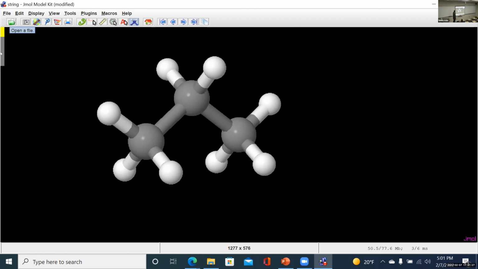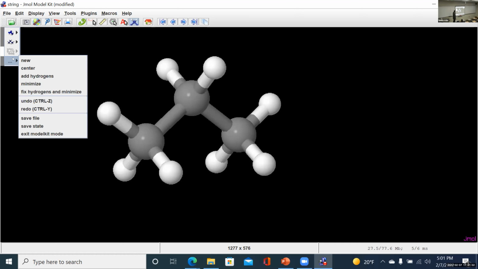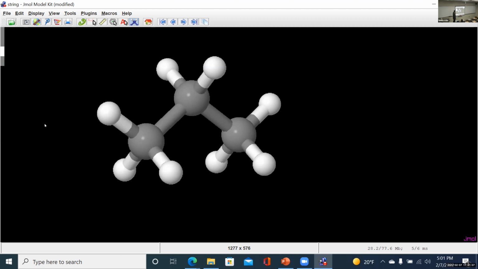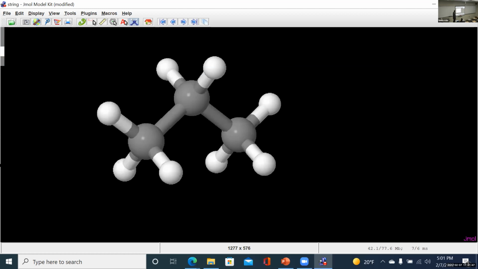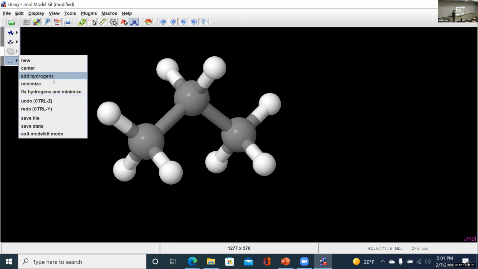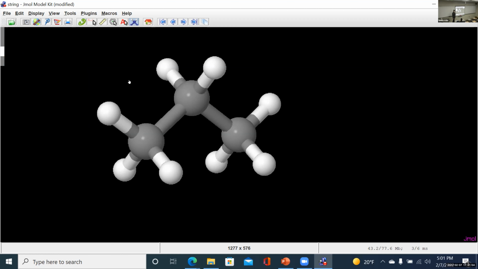File, save file, click file in the menu, save state. Okay, it will be a little homework for all of us, how to save it in the Gaussian format. It is possible, and it's just a couple of clicks. Adding this functionality will make it much stronger, not only visualizing, but also editing files.